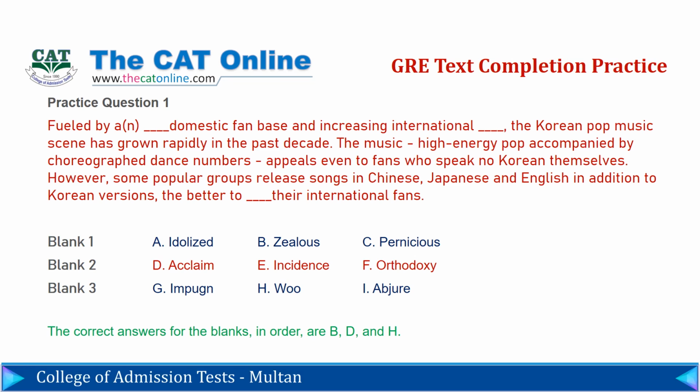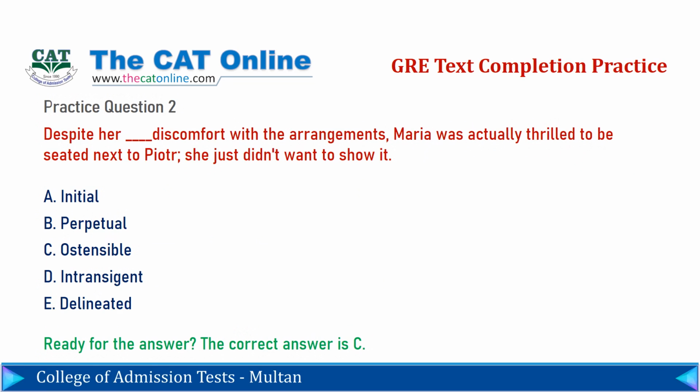For blank 3, context clues will tell you that you want something like attract or cater to. Impugn looks tempting because it looks like importune, and importune would be a fit for this blank. But impugn isn't the same word, don't be fooled. Abjure means exactly the opposite of what you want, so cross that off right away. You're left with B for blank 1, D for blank 2, and H for blank 3. Plug these 3 words back into the passage, and you'll see that they all fit and make it a coherent passage as a whole.